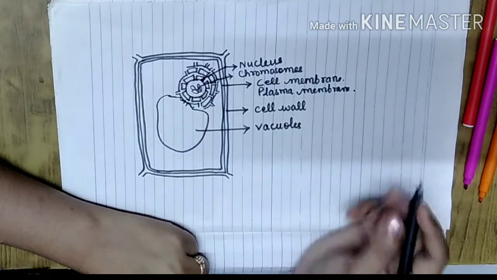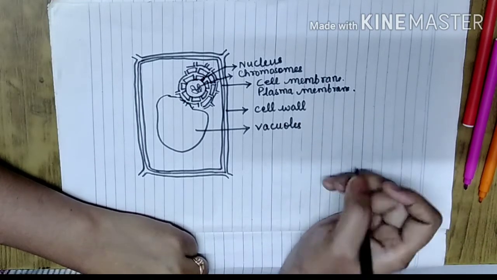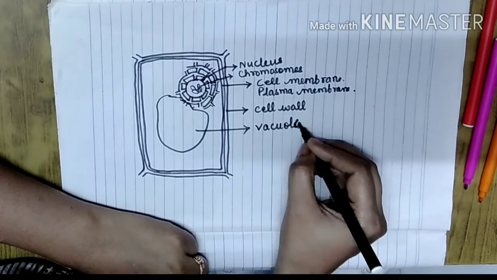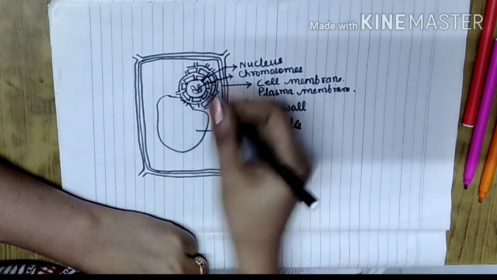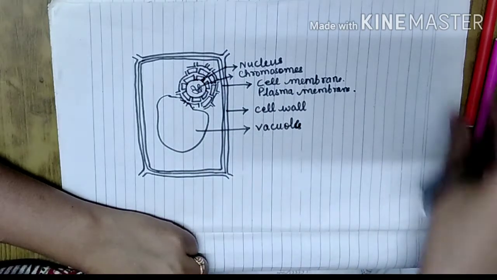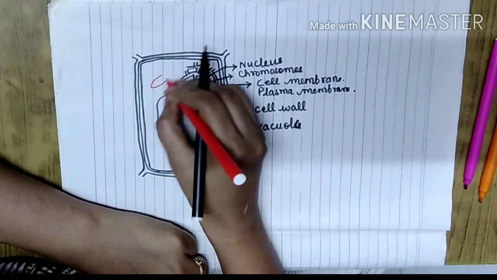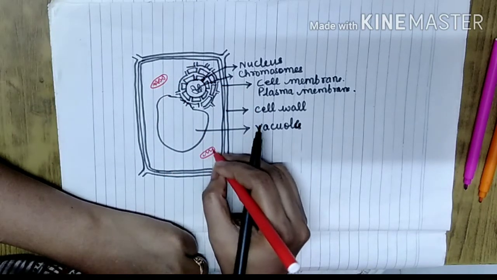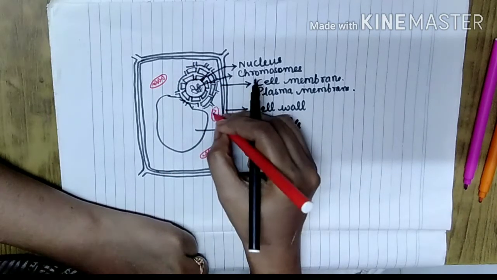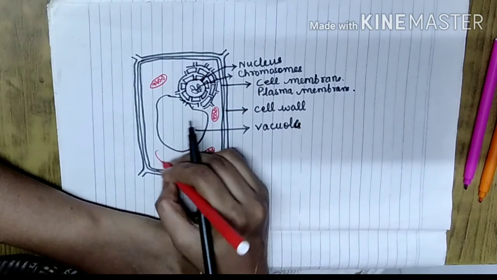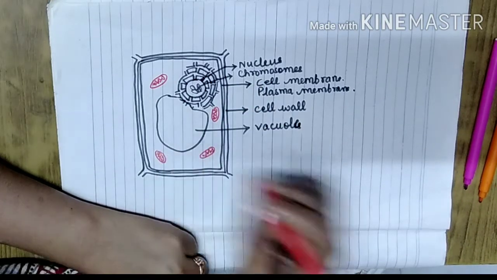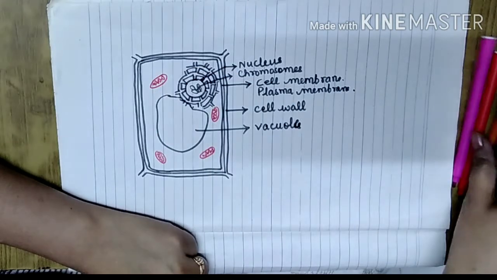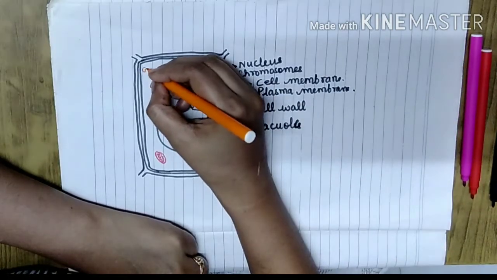The maximum part of the cytoplasm of the plant cell is covered by the vacuole, which contains cell sap. Cell sap is nutrients dissolved in water. More has to be studied about this vacuole. Mitochondria, again you are going to show them, because for performing the functions energy is required, and energy in the form of ATP is produced by these mitochondria. So they are spread throughout.